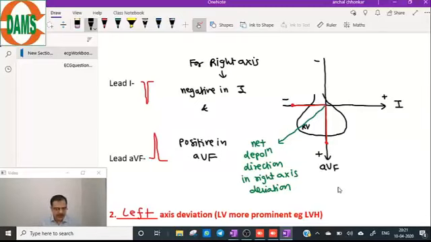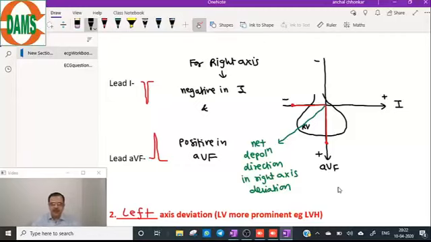Will the axis change if we use other leads? No, the axis will not change if we use the other perpendicular leads. The answer will be the same, whatever method you use. How will this axis question come in the exam? It will come as a diagram-based question: an ECG will be given to you and you will be asked to determine the axis.